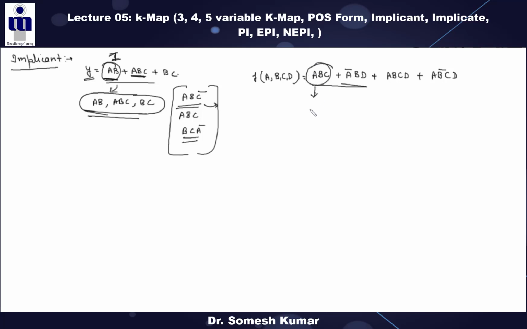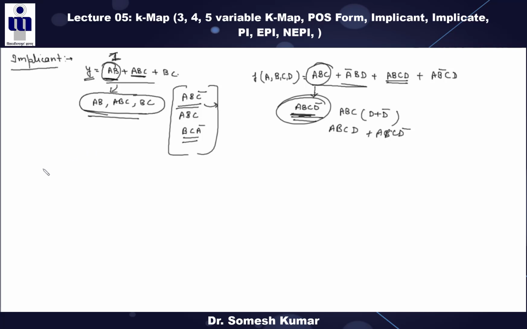So in the canonical form, what can we write? In the canonical form, we can write this thing, right? We can represent this thing, clear? Because it will not affect anything. If we put D plus D bar, then ABCD plus ABCD bar, right? ABCD is already there, so we can write ABCD bar, right? Then we can say that this is a minterm, right? Clear?